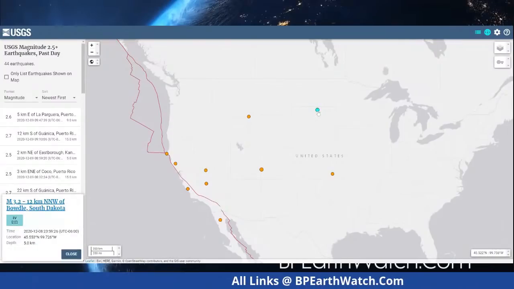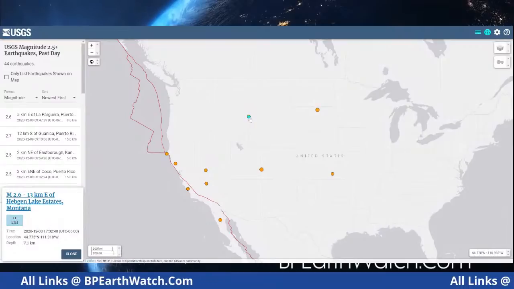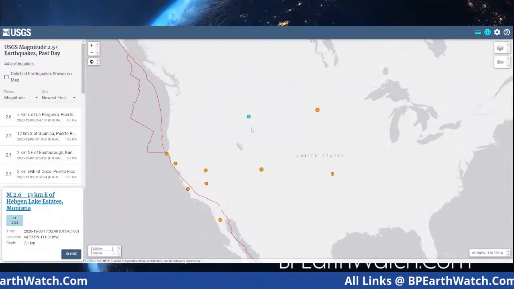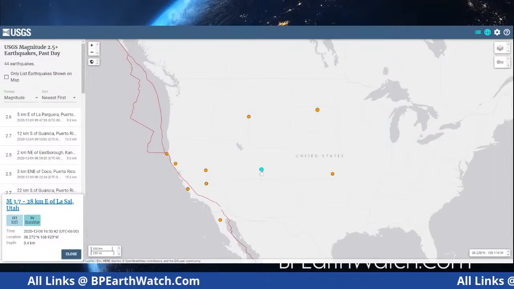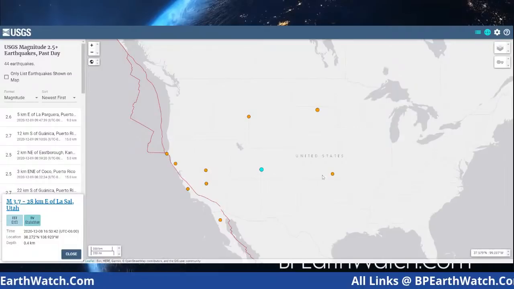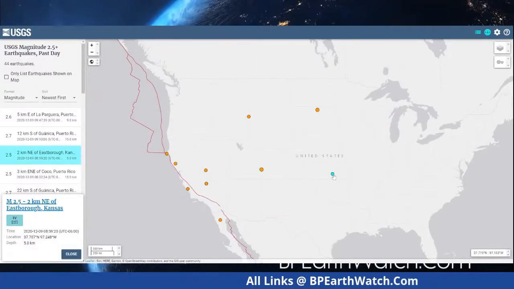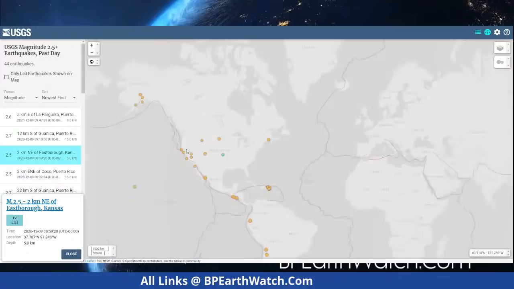You've got 3.2 South Dakota there, Montana 2.6. These are pretty average quakes, guys. 3.7 LaSalle, Utah. Now, unless your house is sitting on them, and then a 2.2 Eastport, Kansas.